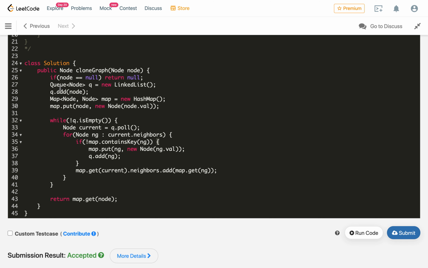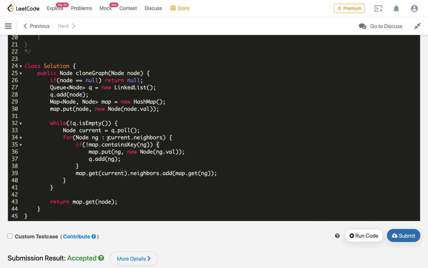So now what is the time complexity of this solution? As you can see, we are doing a simple BFS traversal, nothing but that. We are processing all the nodes once, so the number of nodes, and here we are also processing each edge, the number of edges. So in the worst case, the time complexity is number of nodes plus number of edges, which is v plus e, we can say that.